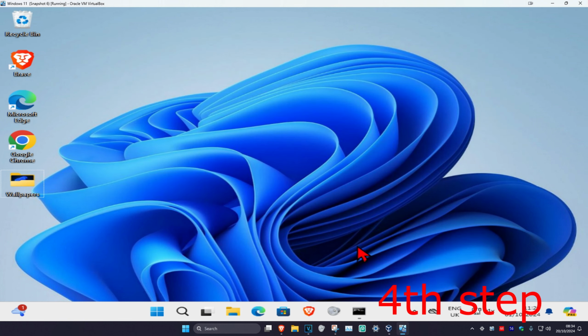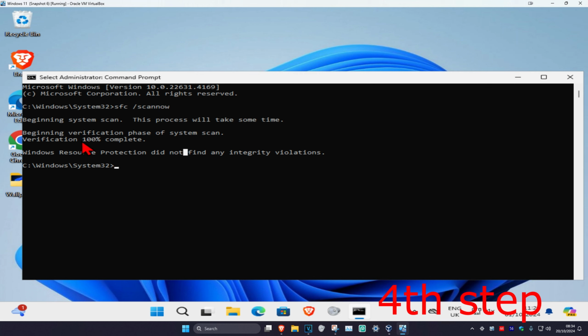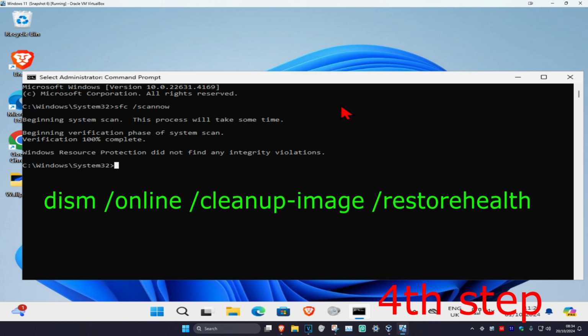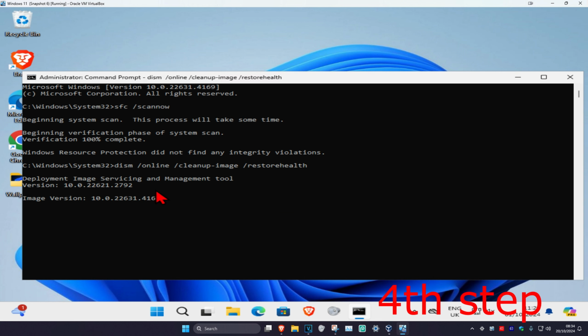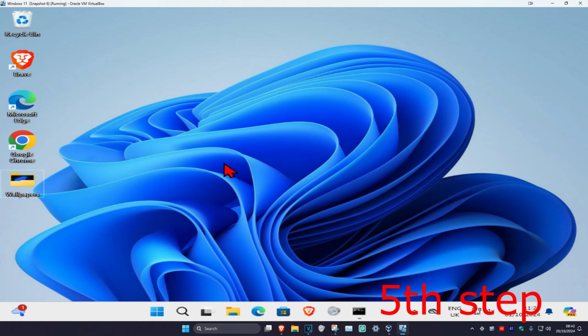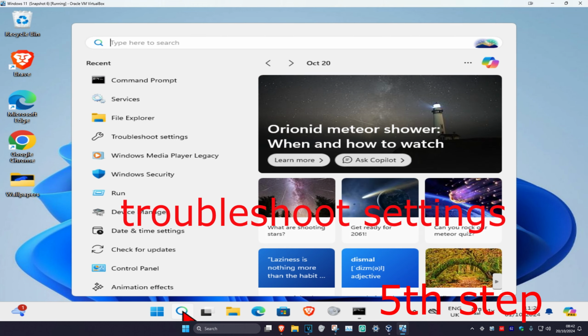Now we're going to go back to the CMD scan. For me it's been completed, you're going to wait for it to be completed. And then once that's been done, now you're going to type in DISM /online /cleanup-image /restorehealth and click on enter. Then you want to run this scan as well. We can run it in the background as you complete the next steps in the video, so you just want to minimize this. And now for the last step, you're going to head over to search again and type in